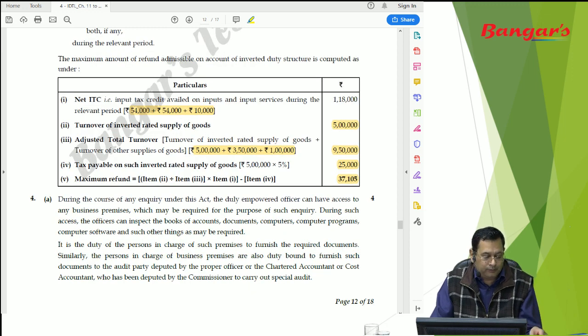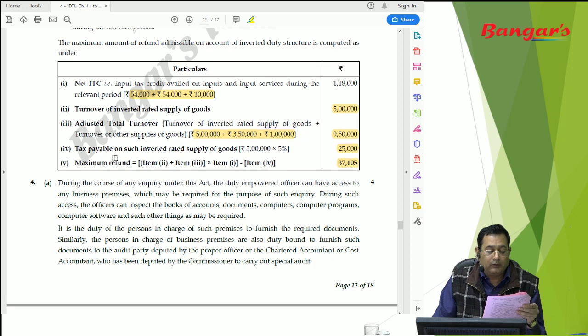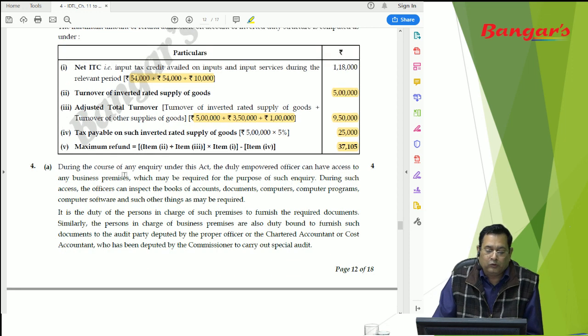Now question number 4A, there is a theoretical question, that is when access to business premises is allowed and the list of records which are to be produced. So during the course of any inquiry